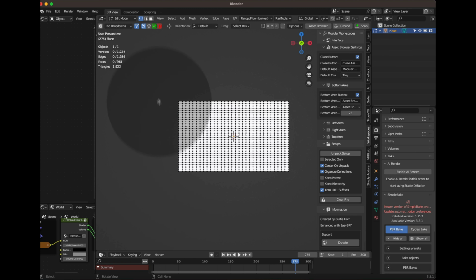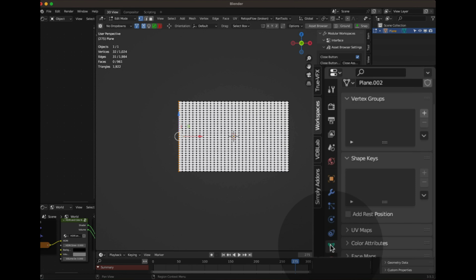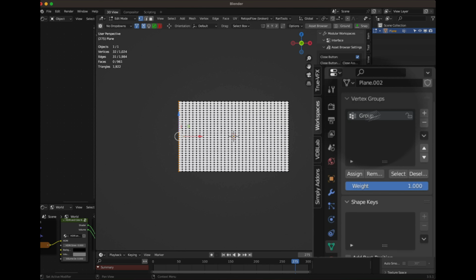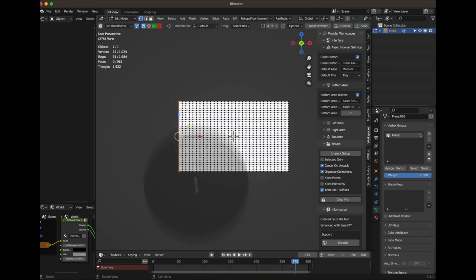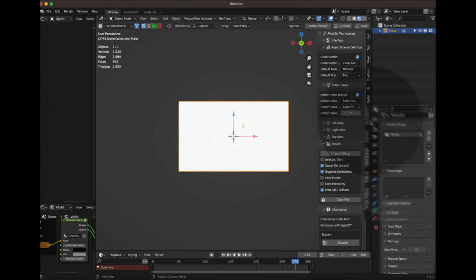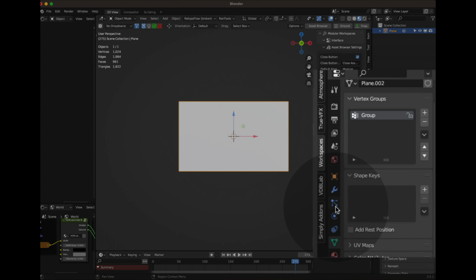Okay, now we're gonna select this and we're gonna go to our object data properties and go to vertex group and make a group and select and assign. And this is our group. This will be useful in the future. Okay, so go to object mode and now we're gonna go to